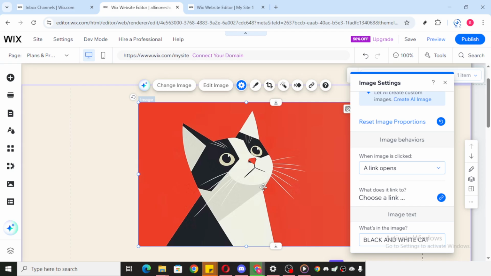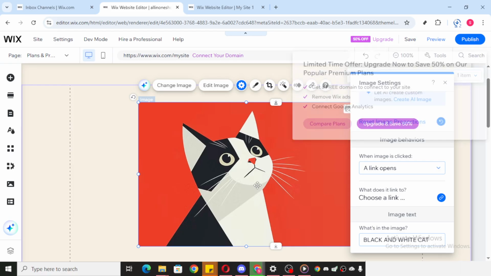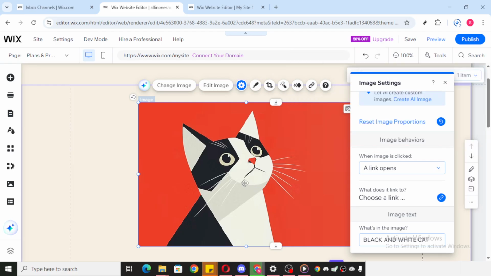Once you've entered the alt text, make sure to save your changes. It's always a good practice to preview your website to ensure everything looks and functions as it should before publishing it. Adding alt text is a small but invaluable touch that can vastly improve your website's accessibility and search engine